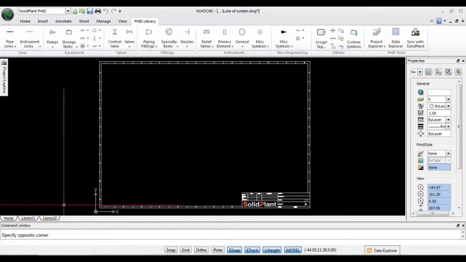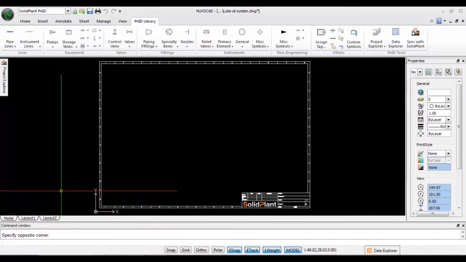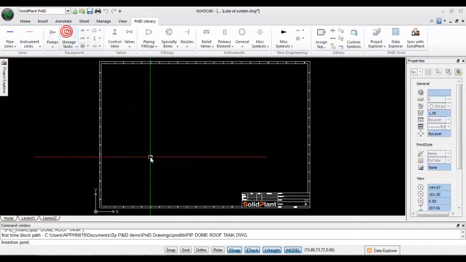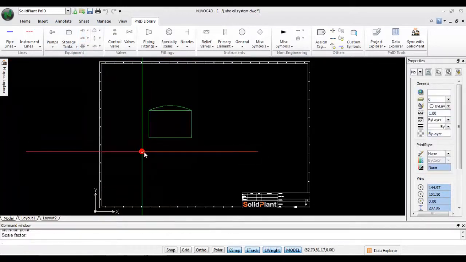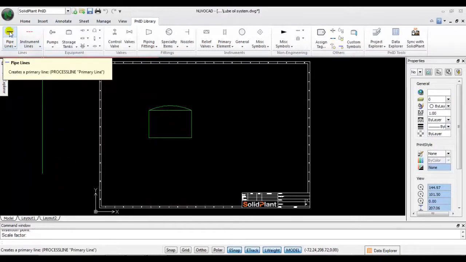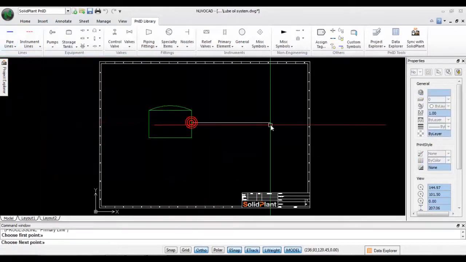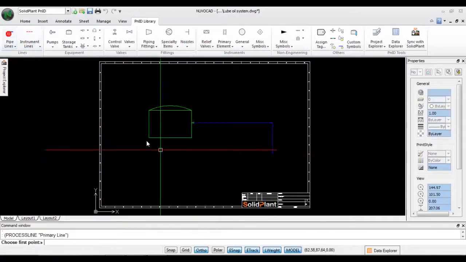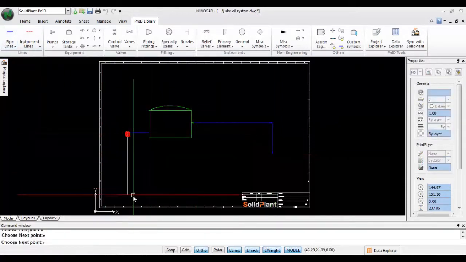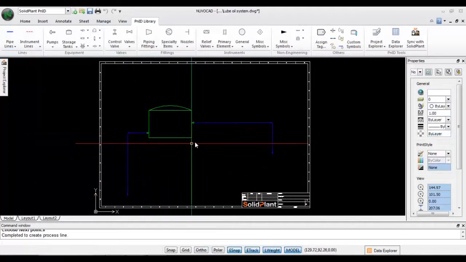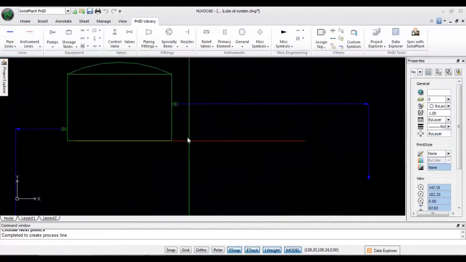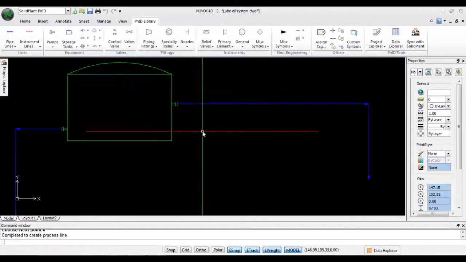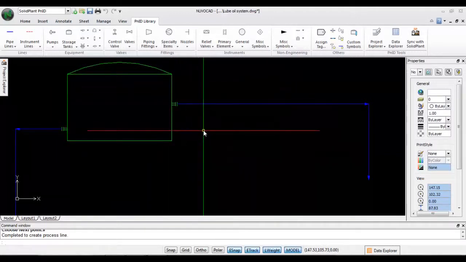First, I want to show you how the dynamic process line will be available in SolidPlan. So for that, I want to create a tank and start drawing with two process lines and one from other end. As you see, when I create the process line, the nozzle is snapped to the equipment dynamically.